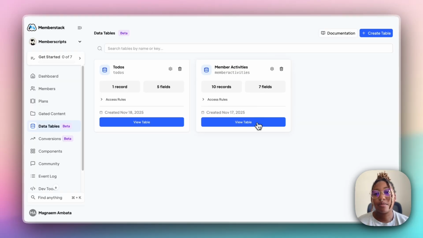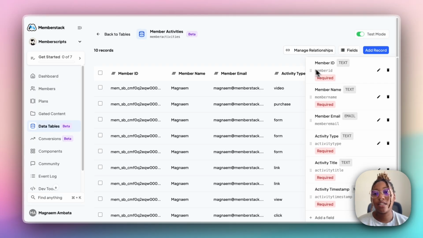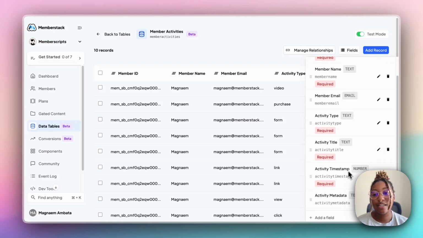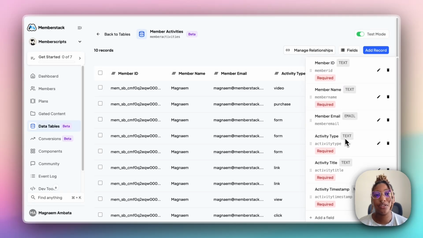And then inside the table, what you're going to do is create the following fields. You're going to create a member ID text field, and you're going to set that as required. Same goes for member name, member email, member activity type, as well as activity title, and then activity timestamp, which is going to be number, and then activity metadata. Once you've set up all of these fields inside of MemberStack, the next thing we're going to do is head